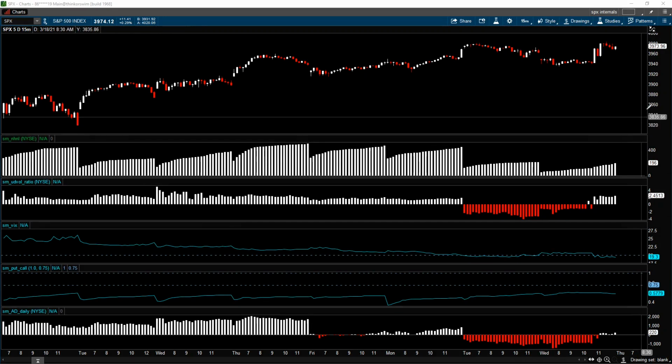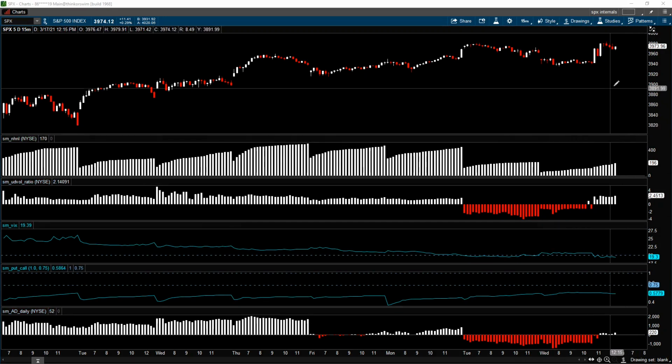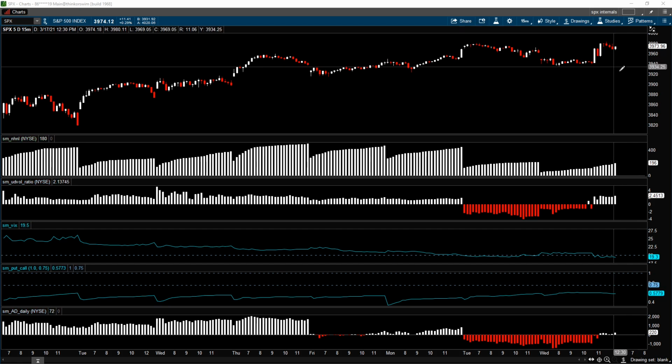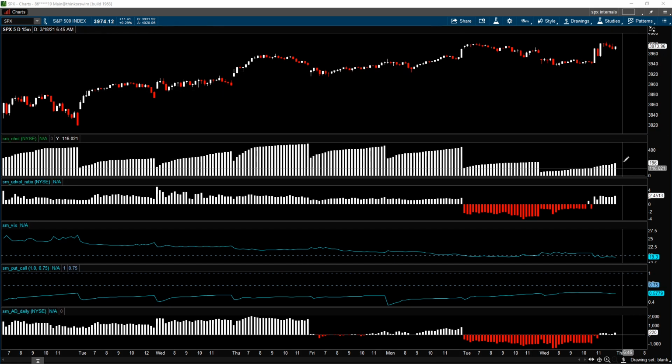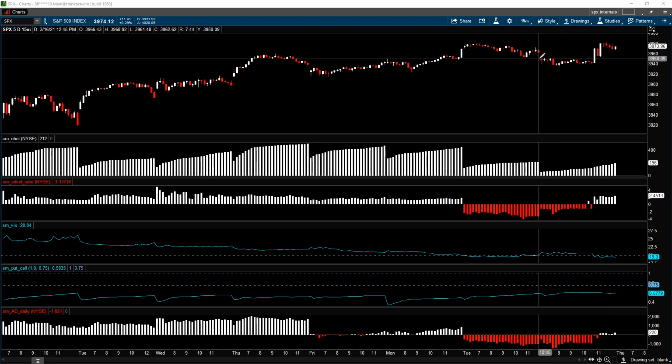Let's start off with this intraday 15-minute chart. Up here is the S&P 500, and here is the new high, new low from the New York Stock Exchange, and this is the up-down volume ratio, and here's the VIX, and this is the put-call ratio, and then the advance decline. So as you can see, the S&P 500 opened gap down, and it was negative throughout the morning until